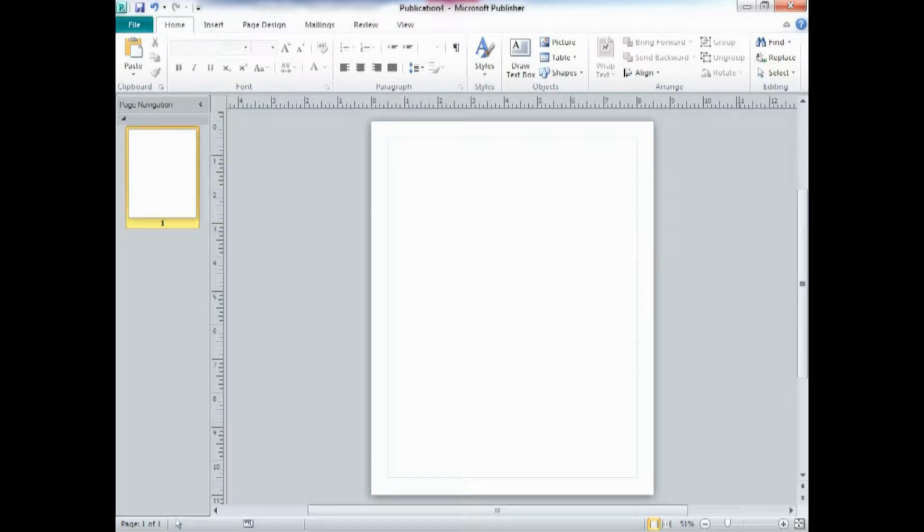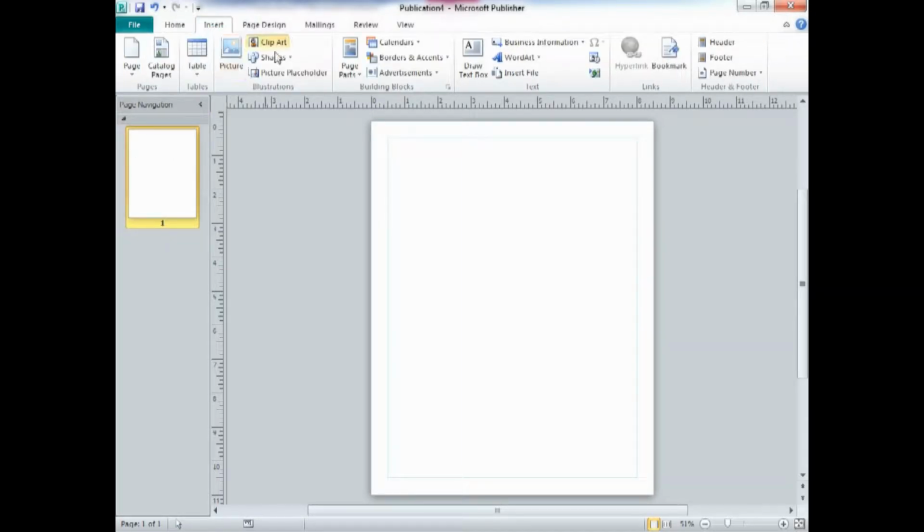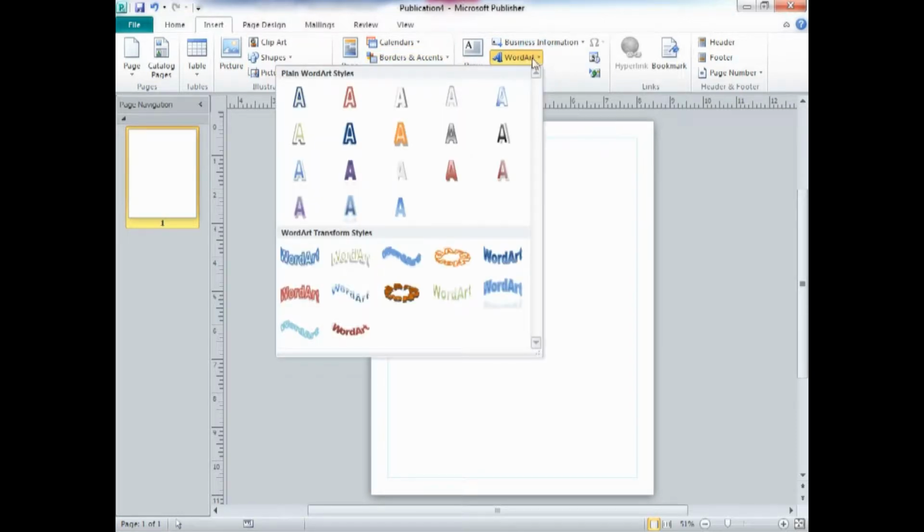Placing images within text is very easy to do in Microsoft Publisher, and you do that through using Word Art. So what you're going to do is you're going to say Insert, and you come into Word Art and go